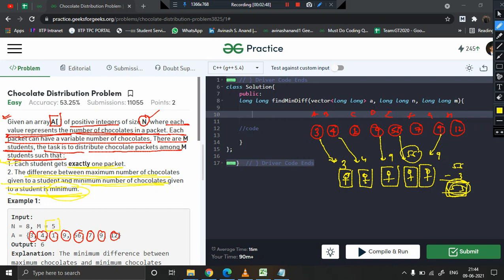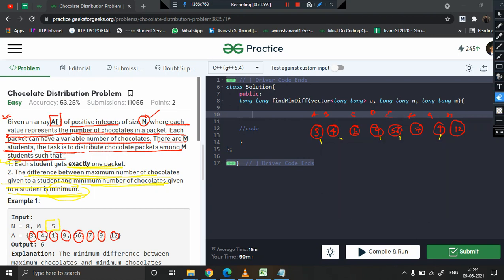How can we come up with this approach? Is there any particular solution? Do you think we can come up with a good solution? The answer is yes. If you just randomly pick a chocolate packet and give it to any student, then definitely it is leading to a large difference. Why not do one thing?